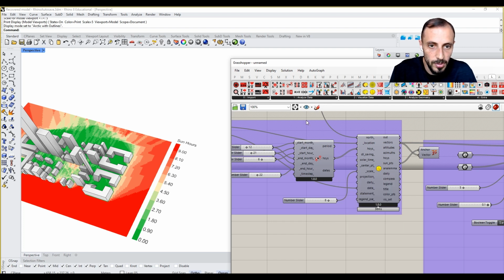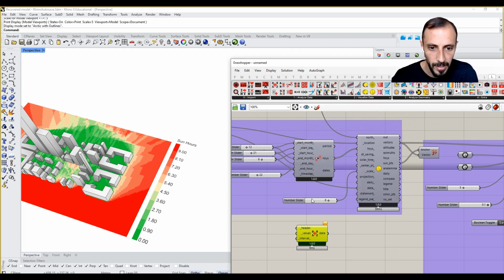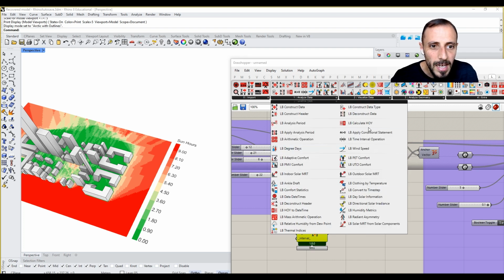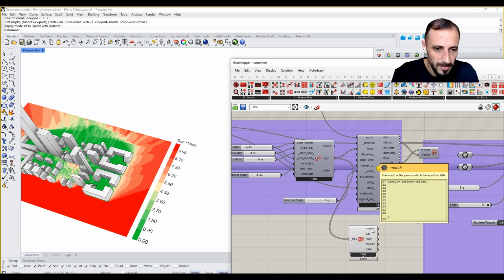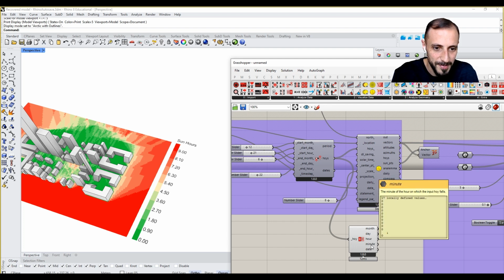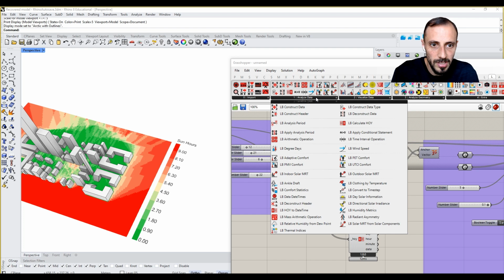And how we can do that, if we come over to analyze, construct data, other values interval, I think, analysis period, go to date type. And what we can do here is to grab the month, grab the date, grab the hour, minute, but we are basically interested in the date. So I think we are going to deconstruct this value